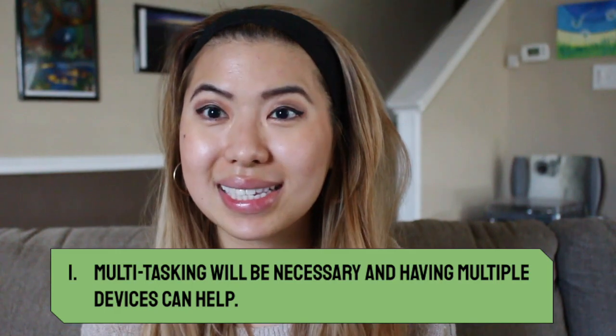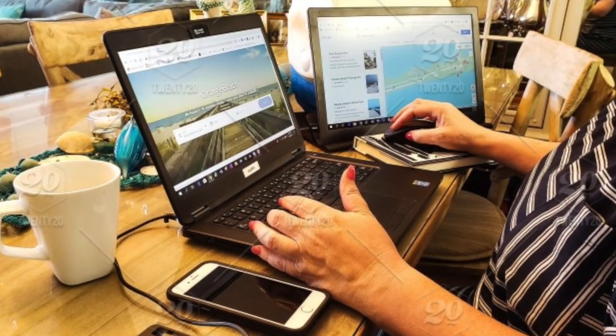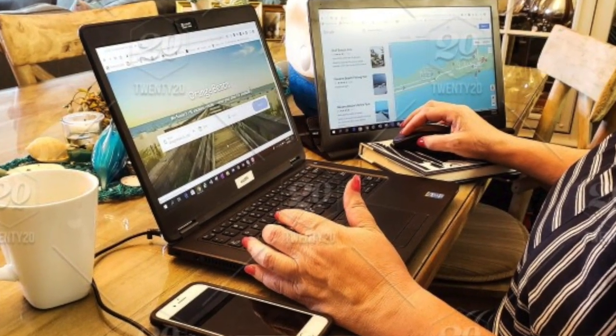My first piece of advice is that multitasking will be necessary and multiple devices can help. I've been fortunate enough to have a desktop and a work laptop. I know that not everyone has this luxury, but if you have another device like an iPad or your own personal computer, I would definitely recommend using that because it makes a difference in the ease and how smooth a